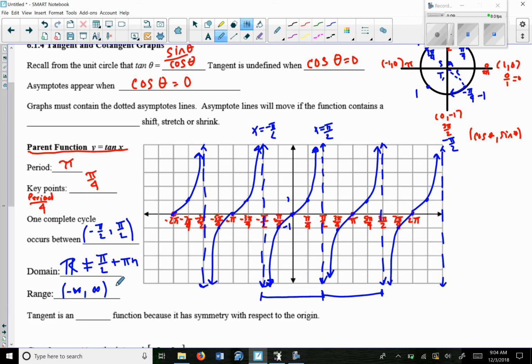And our tangent graph, notice it has symmetry with respect to the origin. So because of that, we know that the tangent graph is going to be an odd function. And so since it's an odd function, that tells us that the tangent of negative x is equal to the negative tangent of x, which we already knew that identity from before, but that's where